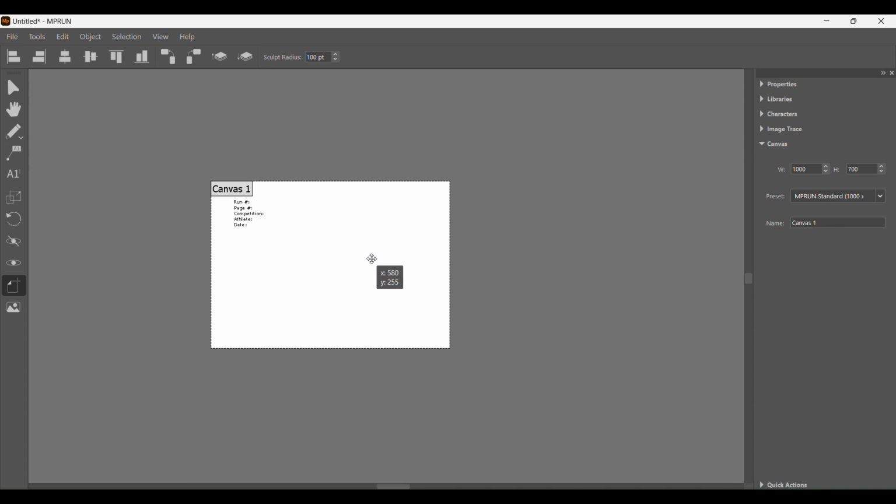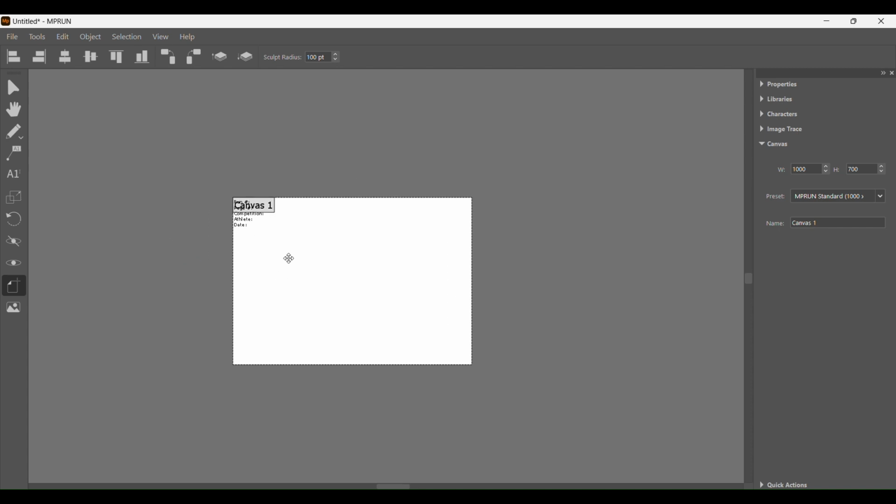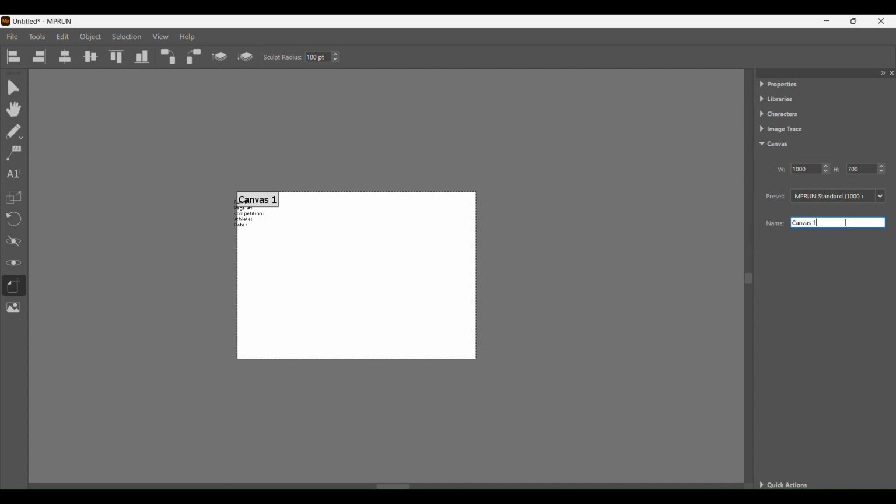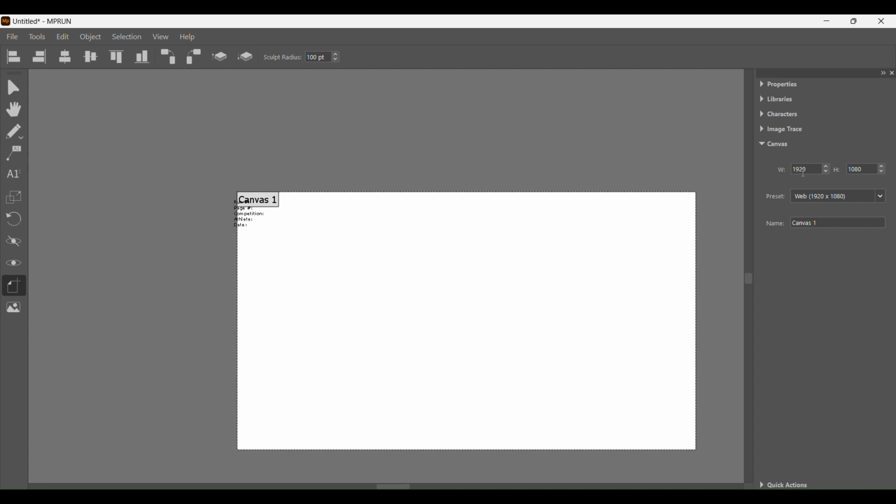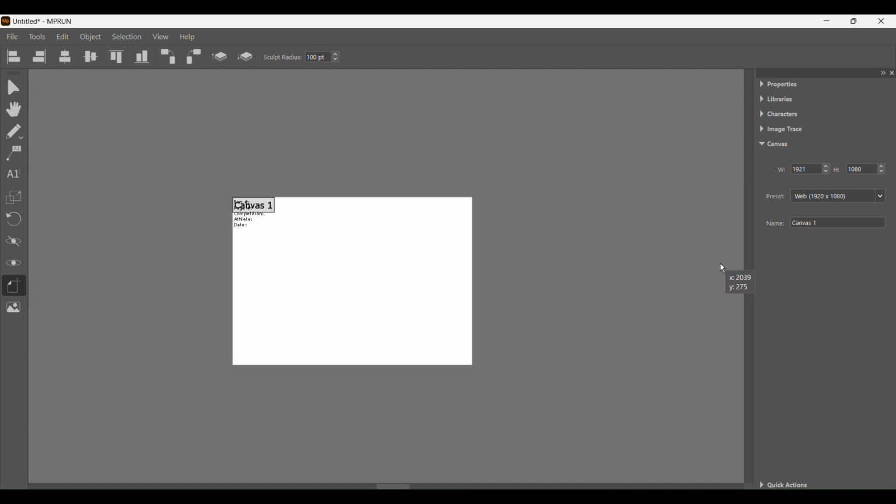So you can only do that with this tool, and the reason why that is obviously you don't want to interfere with them. Let's say you're trying to drag this and you accidentally drag the canvas with it too. So it's a great way to keep things separated in design. But this canvas is now movable. It's renameable via this panel. It can be changed in size, and it can also be specifically sized with presets and everything. So I'll come here, undo all my operations,